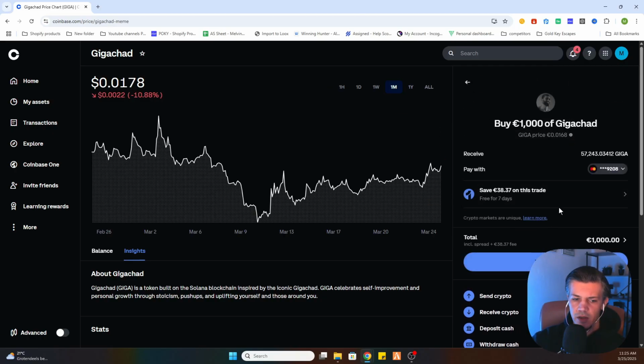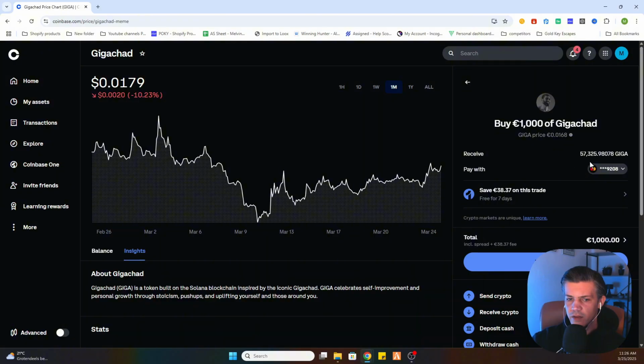So the next step is a very good tip from me. If you would like to save yourself a lot of money on trading on Coinbase, then use the Coinbase One subscription. As you can see, we are paying transaction fees. And every time you make a trade or you buy crypto on Coinbase, you are paying a transaction fee. If you don't want to pay these transaction fees, then you can use the Coinbase One subscription. You can try it out for free for 7 days, and you can trade up to 10k a month without paying transaction fees. So definitely try that out, and yeah, once you have decided to buy these coins,